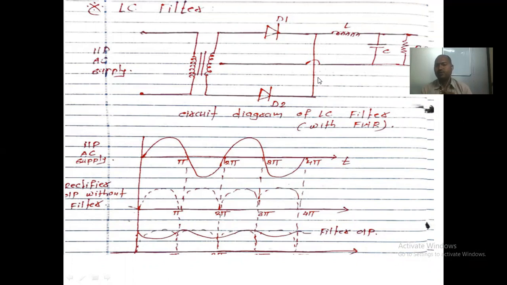When we use the rectifier configuration, normally we know that a rectifier is the device which converts the AC voltage into pulsating DC. Pulsating DC is not a pure DC. Pulsating DC has some ripple, which is an unwanted part, and in sophisticated applications it is not required, so it should be removed. That is why we have to remove it by using different techniques.